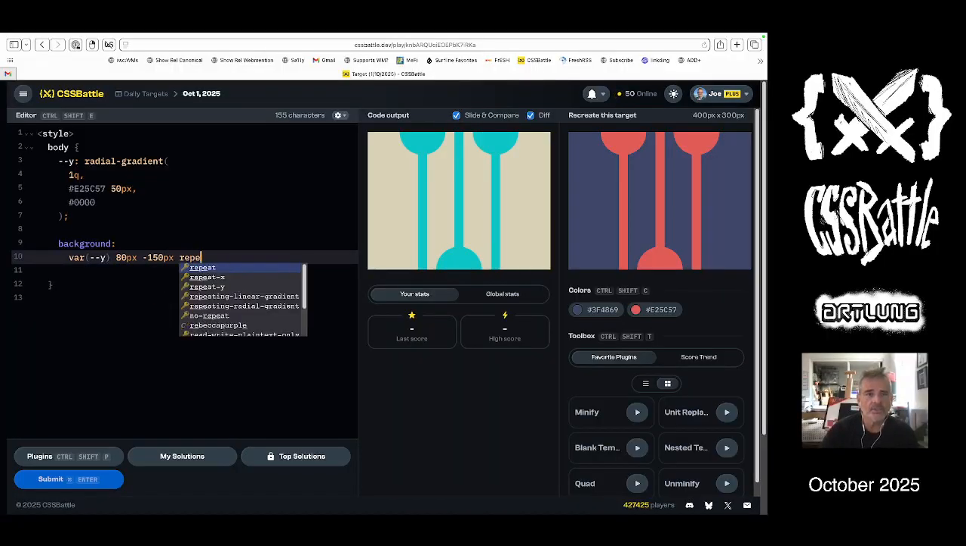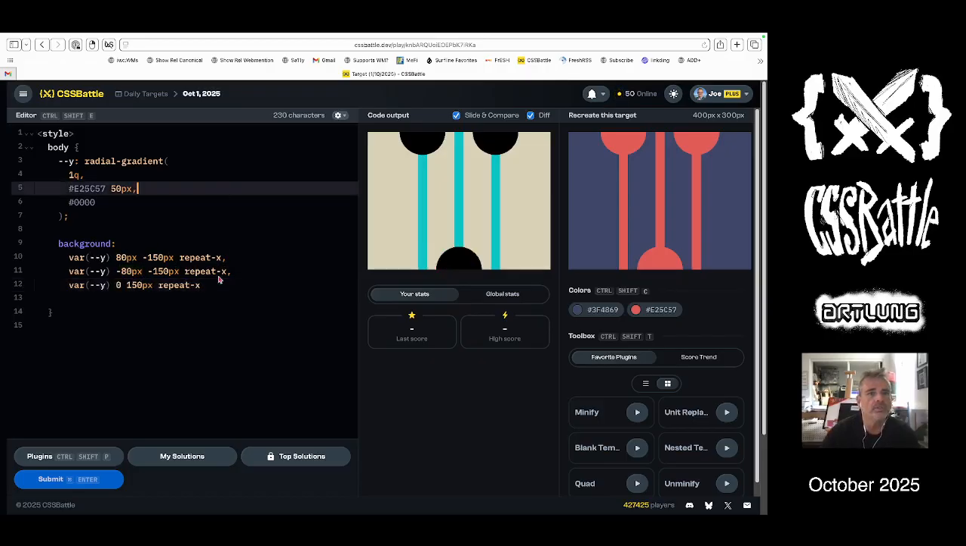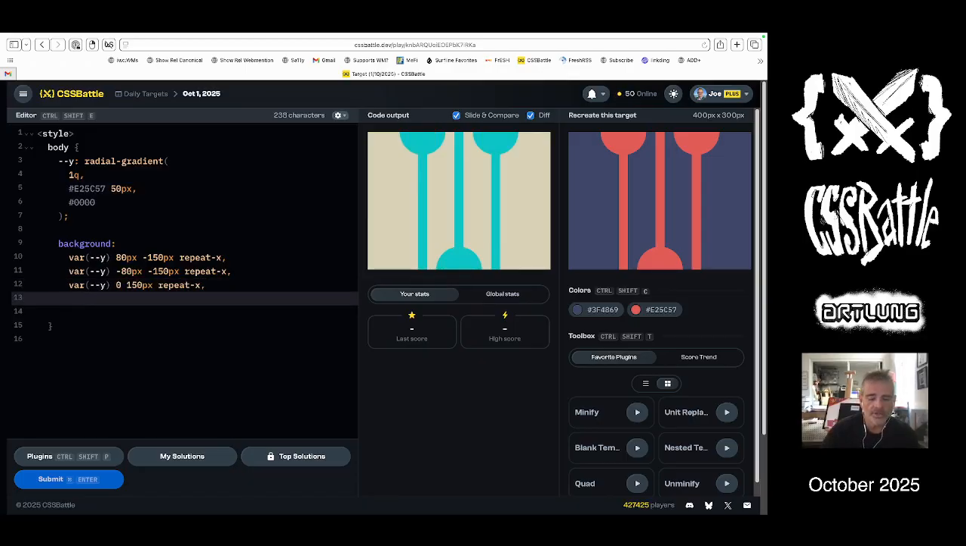And then I guess I need to do a repeat X. And we can do this and do negative 80 pixels and then have a comma between them. This is one way to do it. And then we can do the same thing again. And instead of 150, it's positive 150, and probably 0 will do it. And then one more linear gradient,